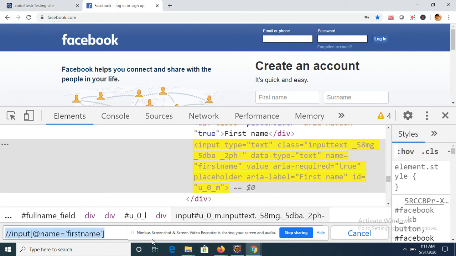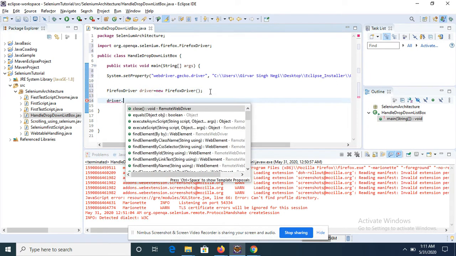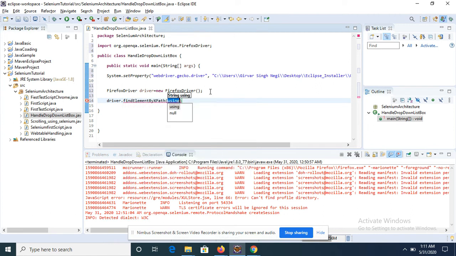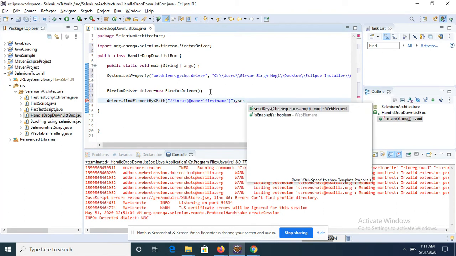Just copy this one, and after that call the driver instance dot find element. I will use XPath over here, since I've just created the XPath. After that, I'll paste my XPath over here, dot sendKeys.